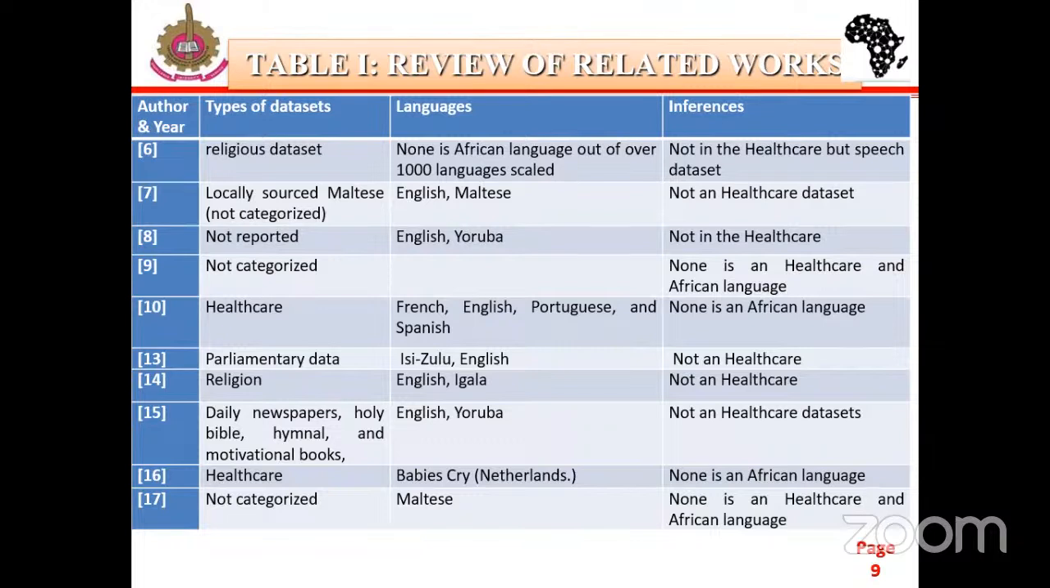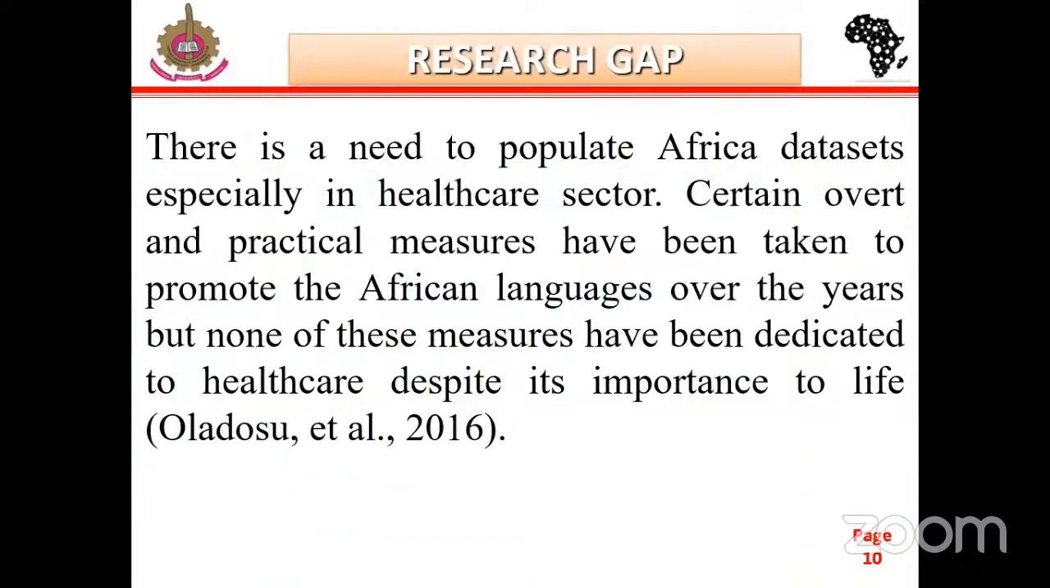So in the work, they used a deep learning algorithm to do the extraction. Reference 617 was not categorized in any domain, whether health or political or religion, but a native data set, which is not an African data set, was used in their study. This is to show that on the African continent, there is a need to populate the African data set, especially in the healthcare sector,